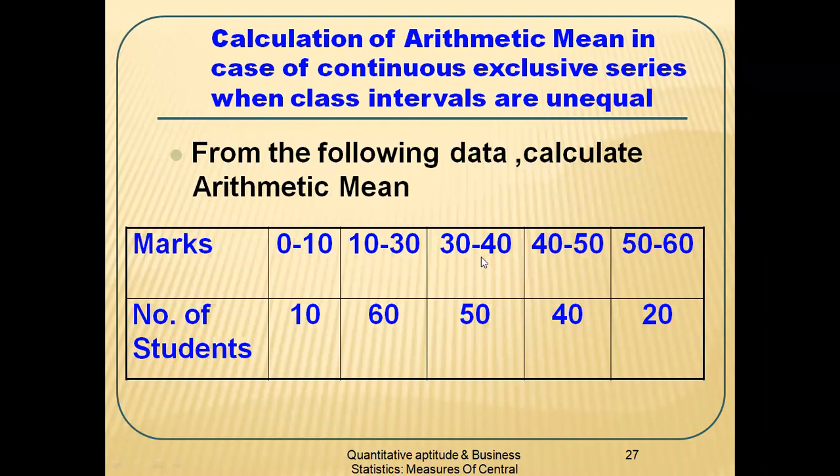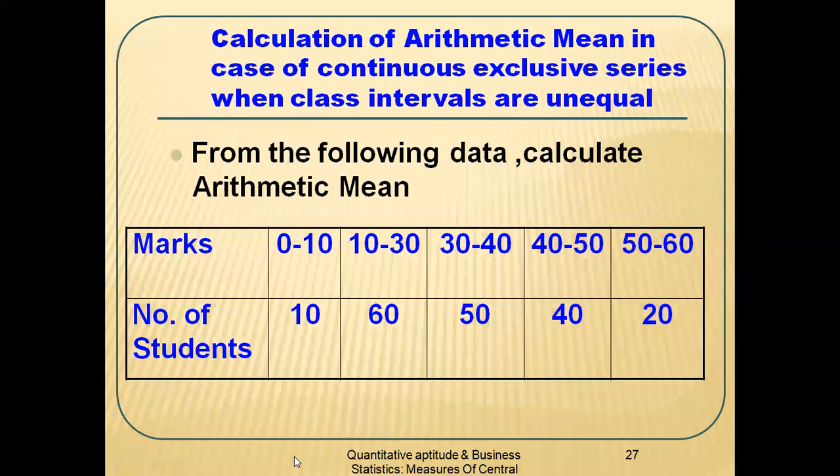Again here 30 to 40, 10 observations are there. And again here 10 observations are there. Then again here 10 observations are there. That means, is the class width the same? The answer to that is no. The class width of all the class intervals are not the same. In the second class, the class width is 20, but comparatively in the other classes, the class width is 10. So in that circumstance, how to calculate arithmetic mean in case of unequal class widths? There is a solution for you.